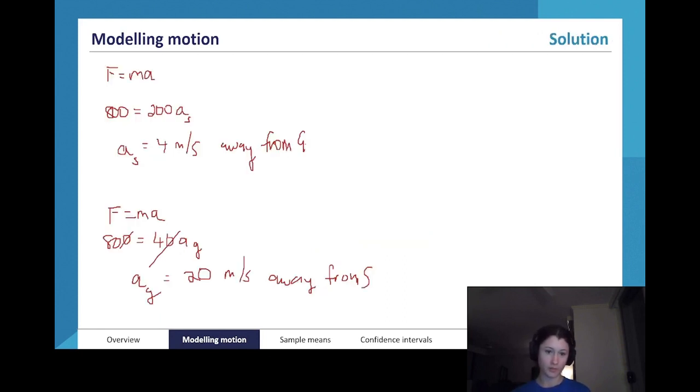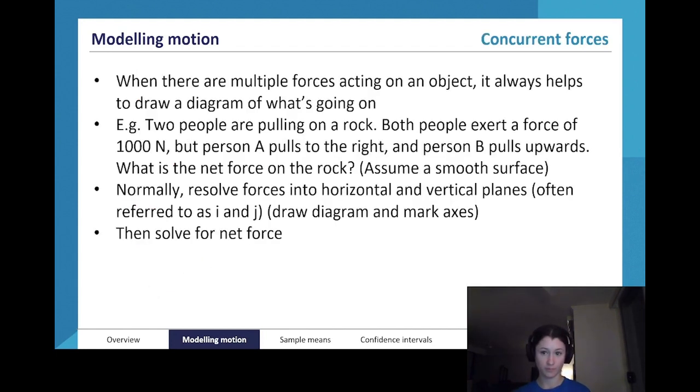So, as you can see, the acceleration experienced by the sumo wrestler is a lot less than the acceleration experienced by the gymnast, and that's because the gymnast is so much smaller. Alright,